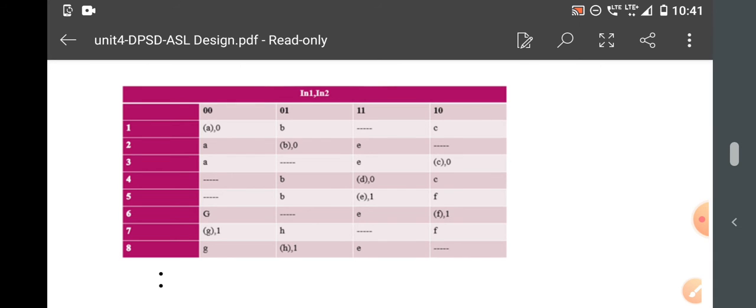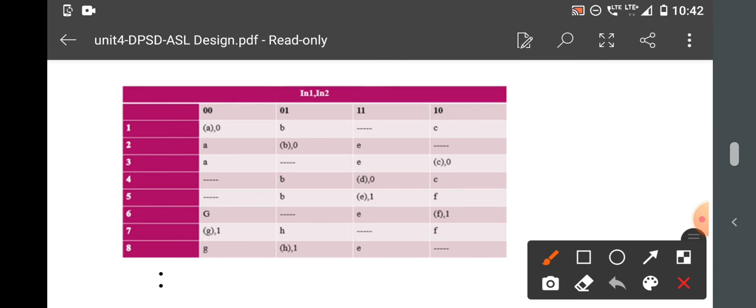See the conditions 1, 2, 3. I told you after the primitive flow table we have to go for the merger diagram. Merger diagrams help us identify any redundant cases. If any redundant cases are there, you have to reduce the number of states. So here A is common for all. Here in B, if you have X hyphen, it is a don't care, therefore it can occupy B also. Under that assumption, all are equal.